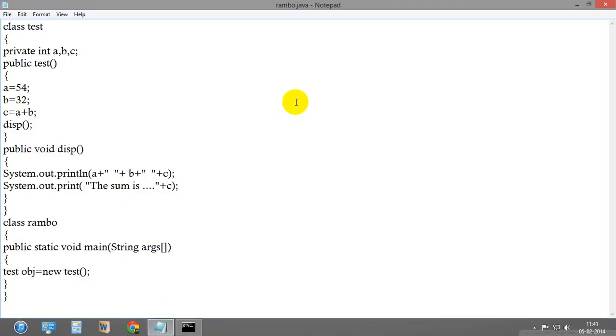This is a program that I have already written, so I'll explain how I actually use constructors in Java. Firstly, I've created a class named test and I've declared three instance variables. Those are of private access specifier and of integer type, and then I've created a constructor. This is a constructor